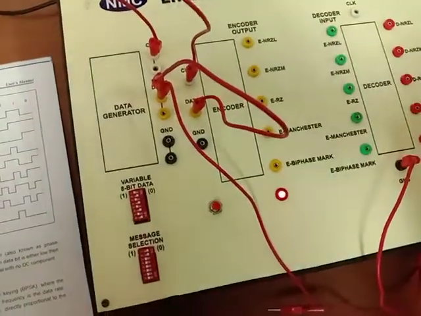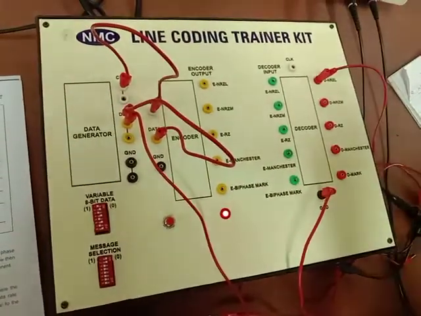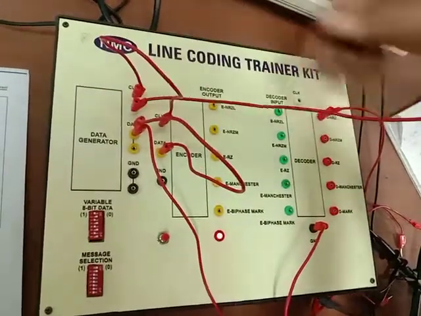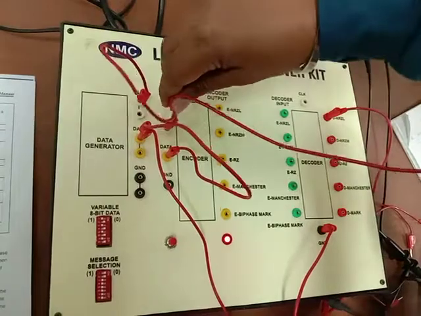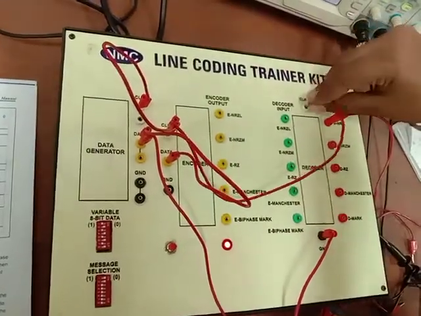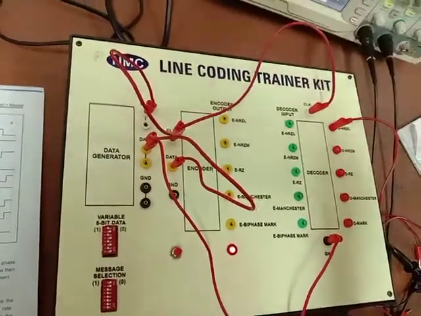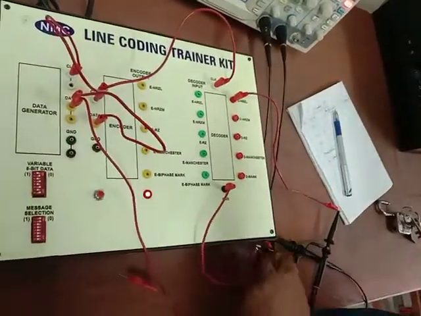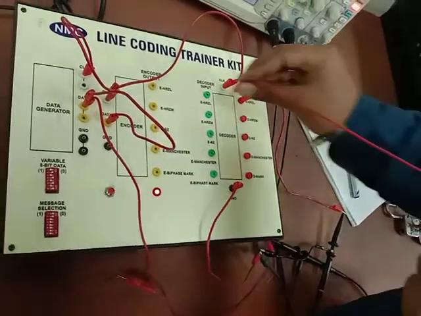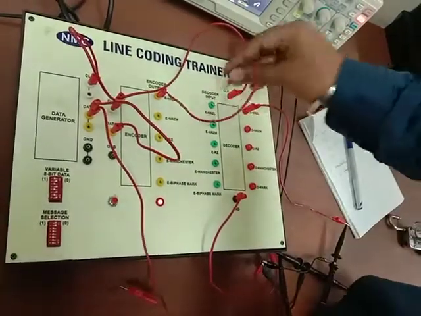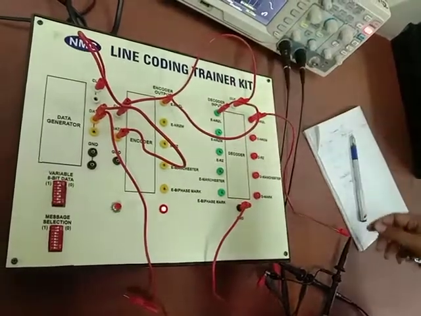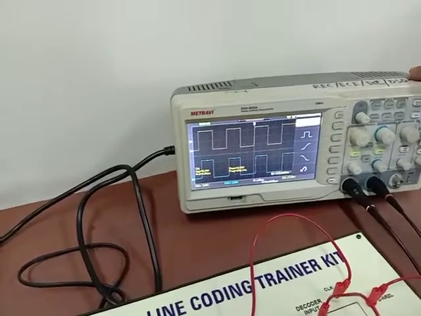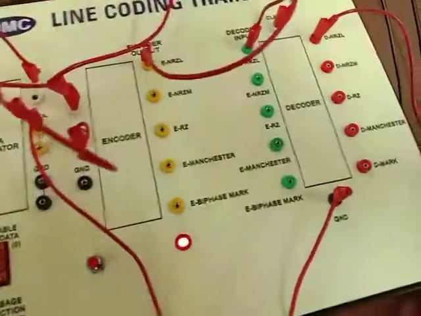And we will make the connection again. And this is our decoder part.